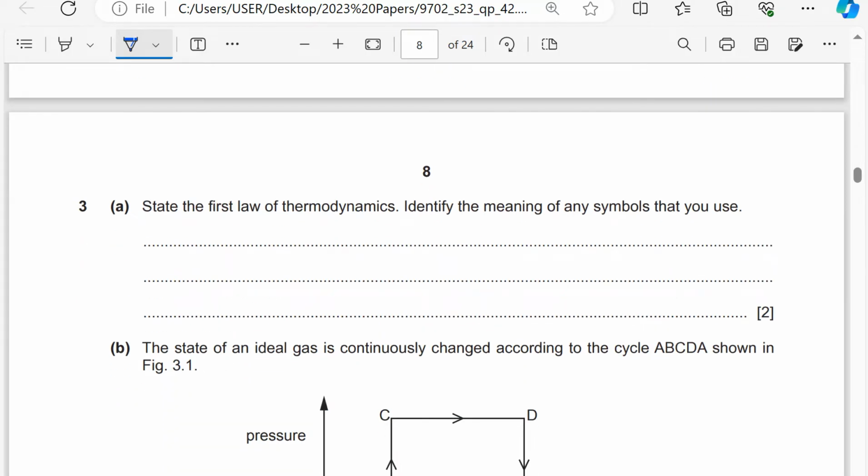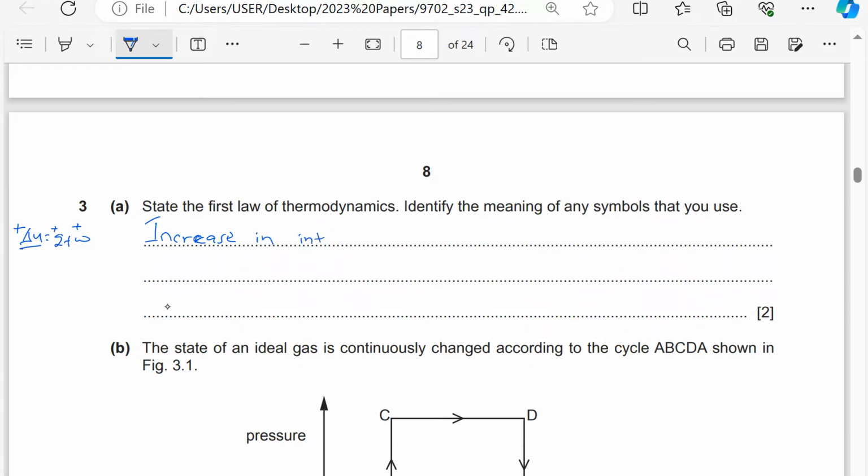State the first law of thermodynamics. Of course, we know that the change in internal energy is equal to Q plus W. So just put this in words. We shall say increase, because if this is positive, that is increase. Positive Q is energy supplied to the system. Positive W is work done on the system. So keeping the sign conventions, we shall say that increase